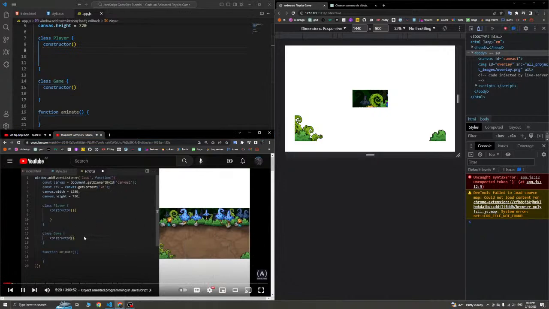Game class constructor will expect a reference to canvas element as an argument like this. Inside, we convert